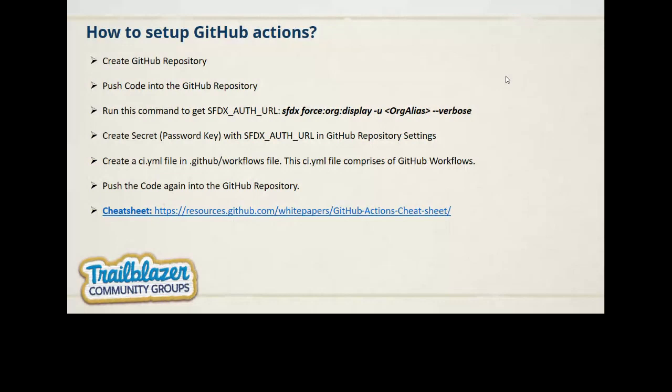Now the most interesting feature is that GitHub Actions allows you to store secrets. So nobody can see the secret, or update or remove the secret if you restrict it. A secret contains the password key for your Salesforce org. Maybe you can store the client ID, client secret, auth URL, or whatever else.